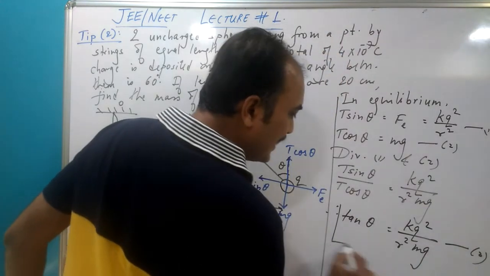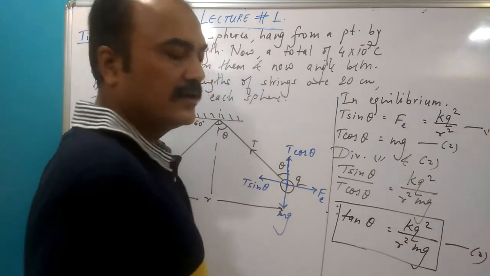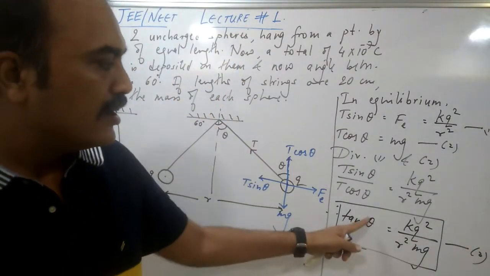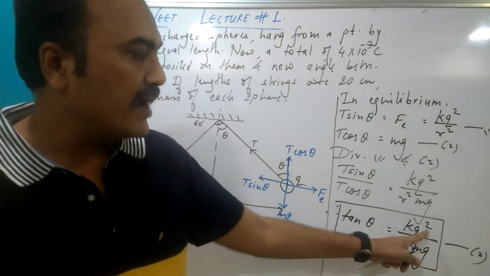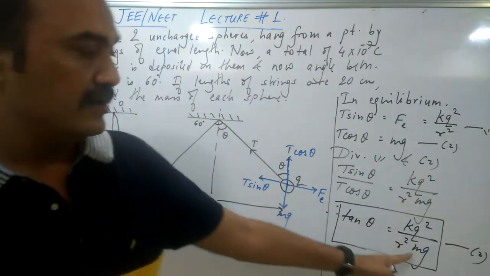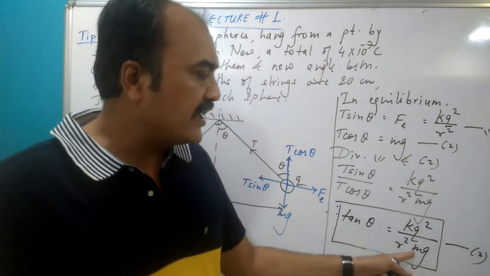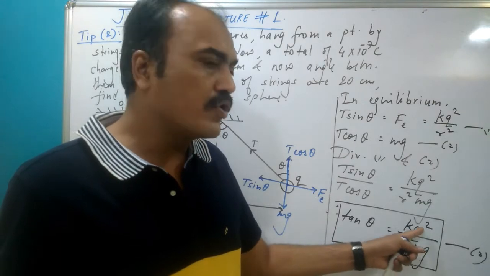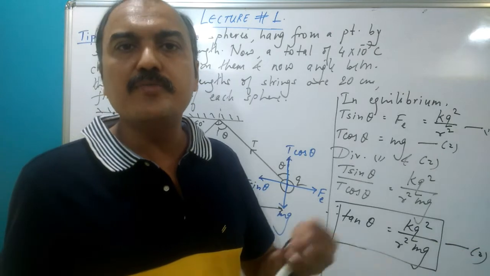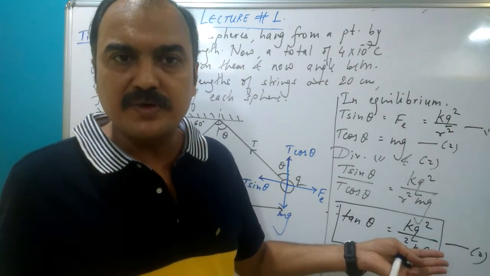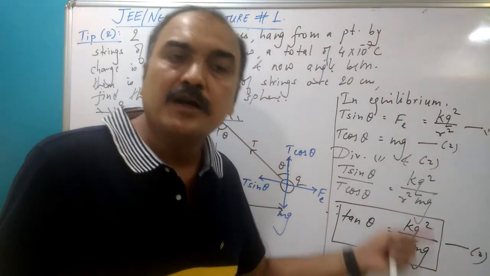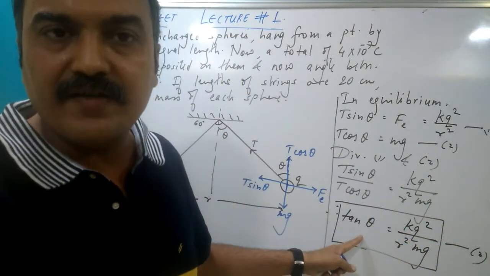Somebody will ask me, sir, is this numerical over? No, it is not. Because here, understand, you might be given theta, you might be given Q and R, and you might have to find m. The question here relates to that. Or sometimes they might give you m, R, and Q, and you might have to find theta, or any of the n number of permutations and combinations. But this is going to be the format for every numerical of this type.